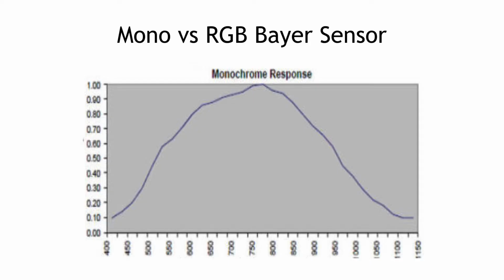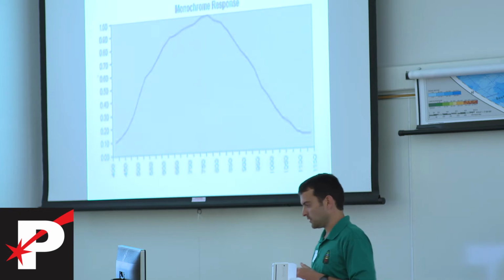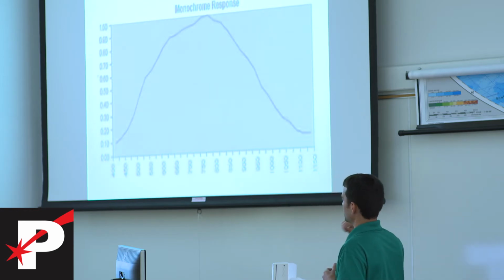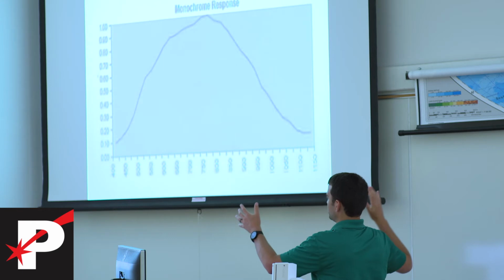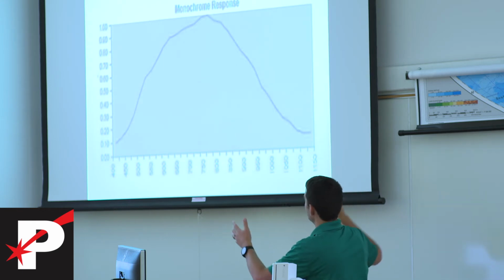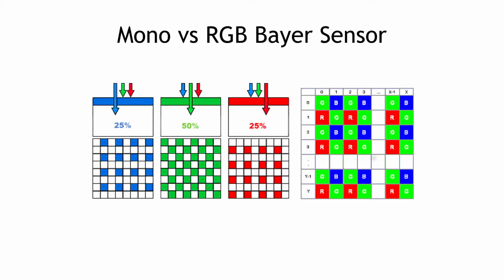So you probably know about RGB sensors as a name. I'm going to briefly describe what an RGB sensor is. An RGB sensor, a color sensor, like all your cell phone cameras have, is essentially a monochrome, a black and white sensor. And what they've done, and this is, again, the sensitivity curve, what a black and white sensor in your phone sees, 400 to 1100 nanometers. So what they do to a black and white sensor is they put what's called a Bayer filter. It's basically a